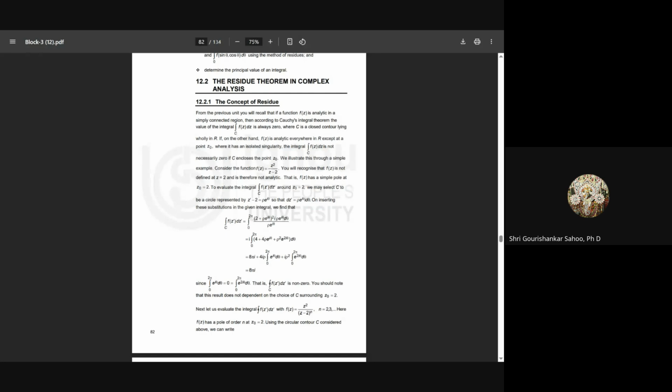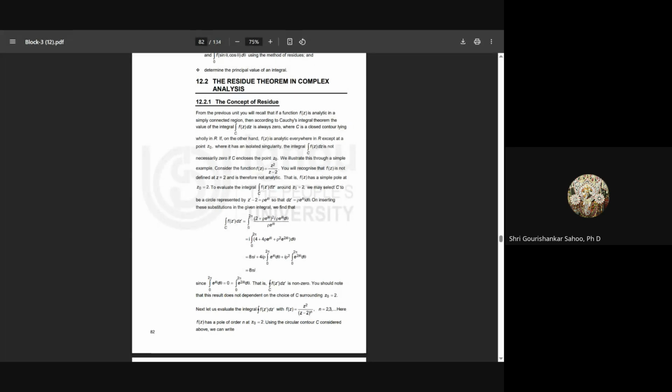Consider a function f(z) is equal to z square by z minus 2. So you will recognize that f(z) is not defined at z is equal to 2 and is therefore not analytic. So your f(z) has a simple pole at z0 is equal to 2, and to evaluate the integral, integration over C of f(z') dz' around z0 is equal to 2,